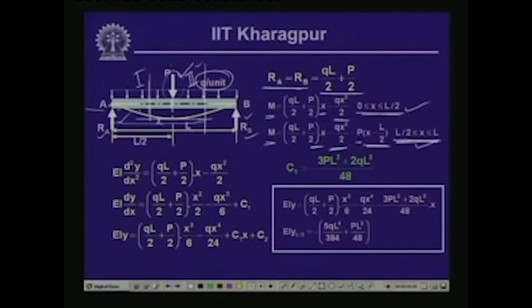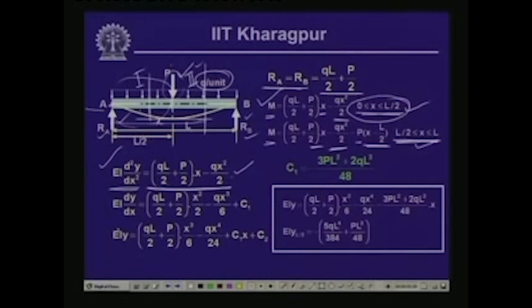Now, incidentally, since this is a symmetrical beam, or a beam having symmetrical loading, if we can compute for this segment, the other segment will also follow with identical results, but as a mirror image. Now, if we take the first segment and apply it in the differential equation, EI d2y/dx2 is equal to the moment M. So here, qL/2 plus P/2 into x minus qx²/2, that means we are taking the first part, the moment expression which is valid in the first segment,